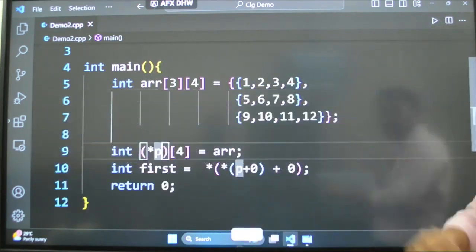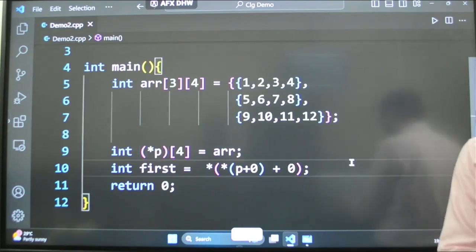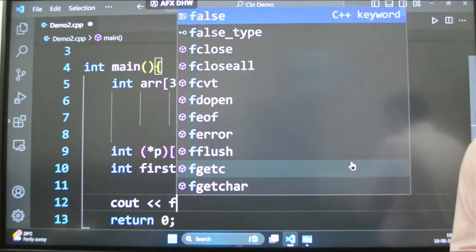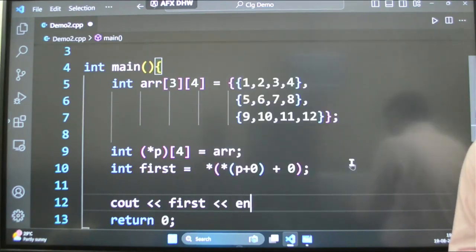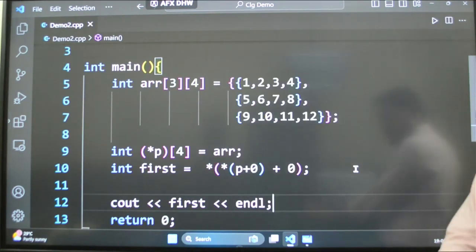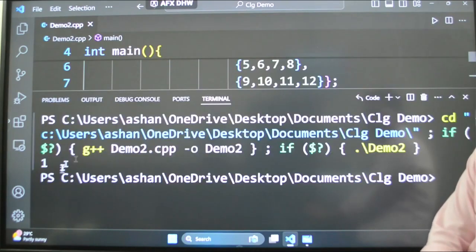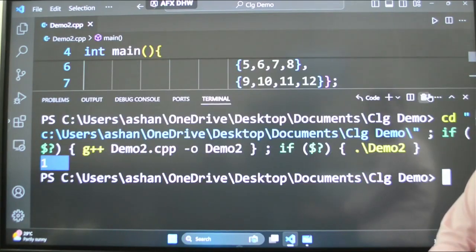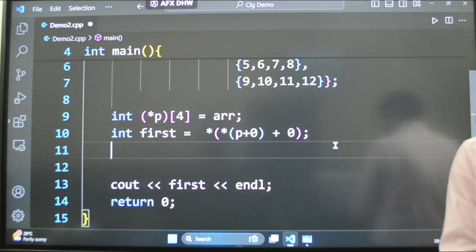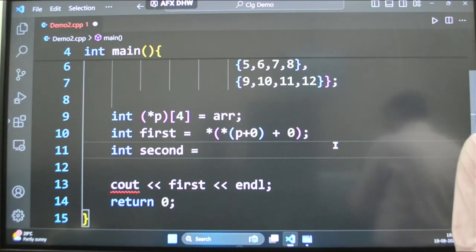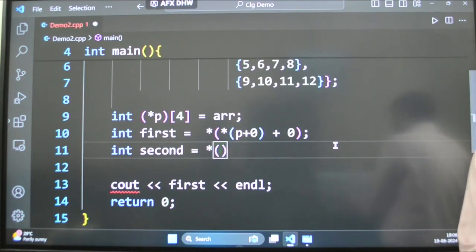Why? Because I have not printed yet. So, I need to print it also, right? So, I will just use cout first. Okay, so now if I run it, you see that it prints 1. If I say here int second, I would like to print, then I will say star of star p